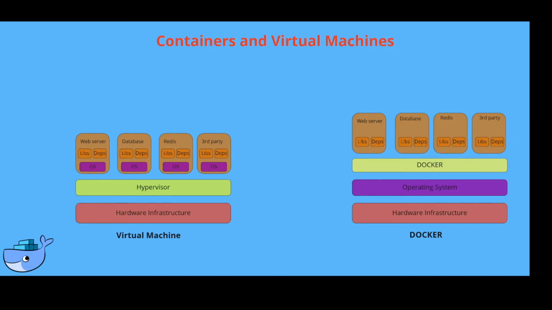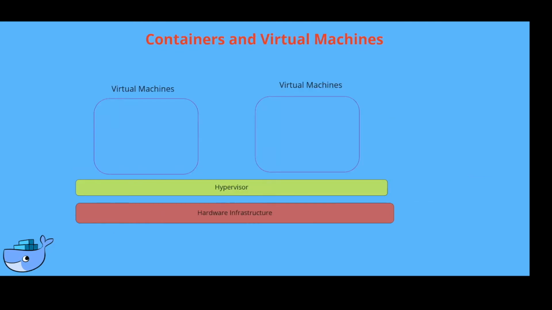And then the container boots up faster. On a VM, it needs to boot the operating system as well, so it's slow. Now that we know the difference between Docker and virtual machine, it's better to leverage the technologies behind virtualization and containerization in your infrastructure. By that, I mean if you have a hardware infrastructure, you can have a hypervisor like